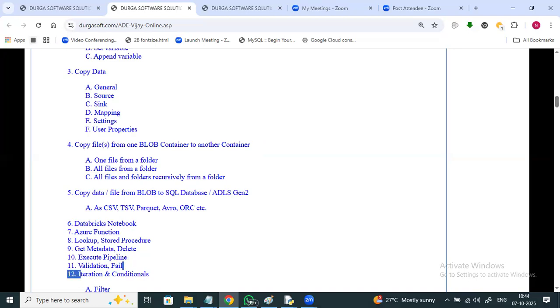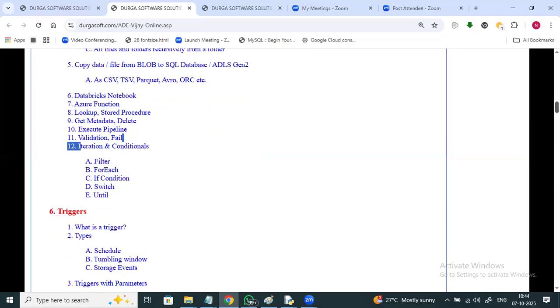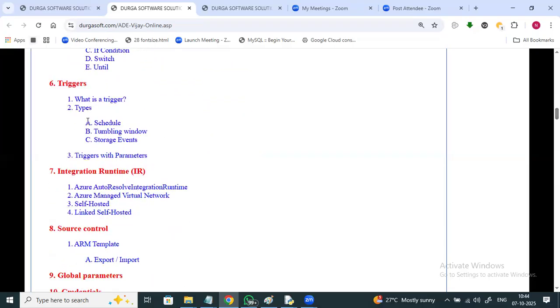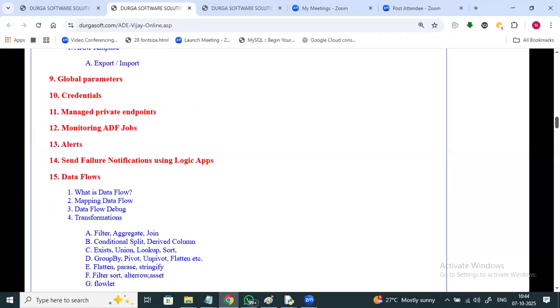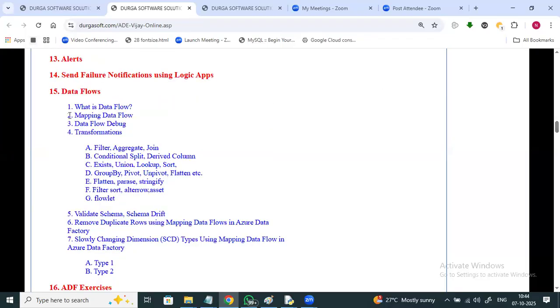Apart from this, we see many transformations. Triggers: schedule trigger, tumbling window, storage events trigger. Integration runtime, source control, ARM templates, export and import. Data flows. What is a data flow? Mapping data flow.